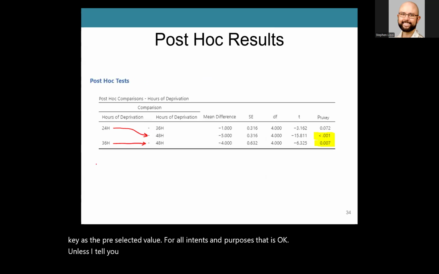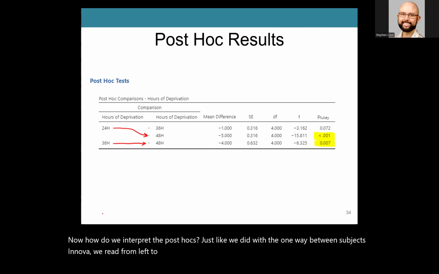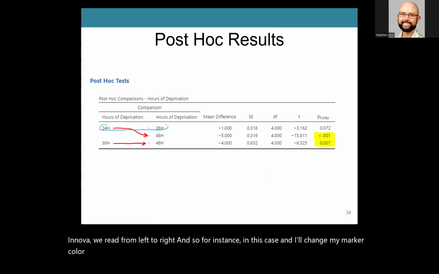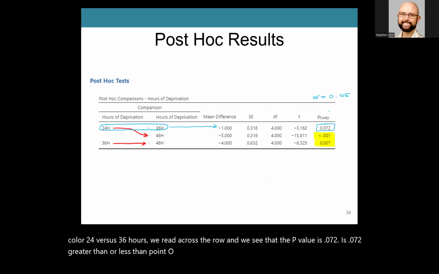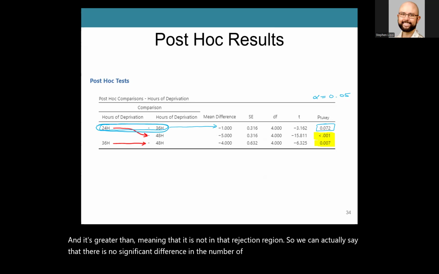Now, how do we interpret the post hocs? Just like we did with the one way between subjects ANOVA, we read from left to right. So, for instance, in this case, 24 versus 36 hours, we read across the row, and we see that the p-value is 0.072. Is 0.072 greater than or less than 0.05? It's greater than, meaning that it is not in that rejection region. So we can say that there is no significant difference in the number of errors made between 24 and